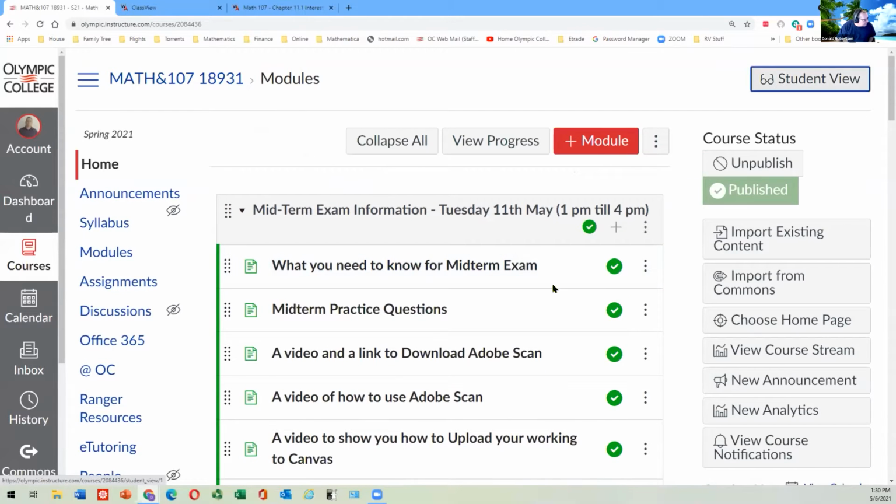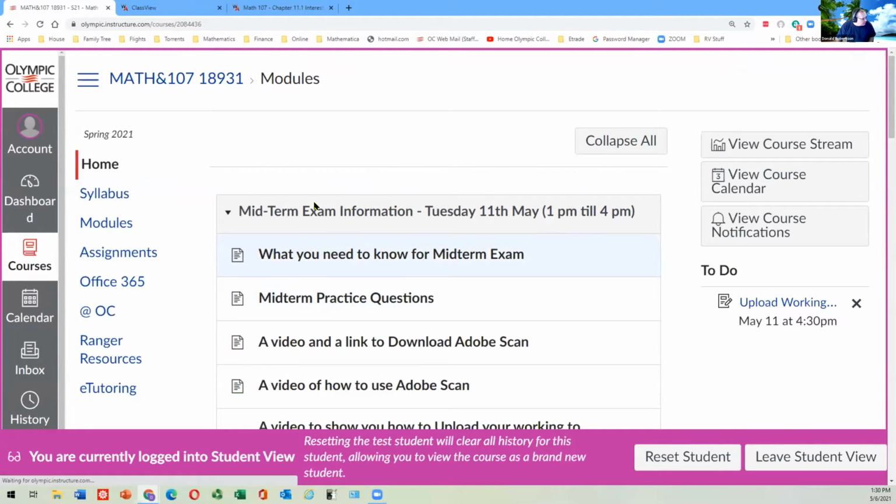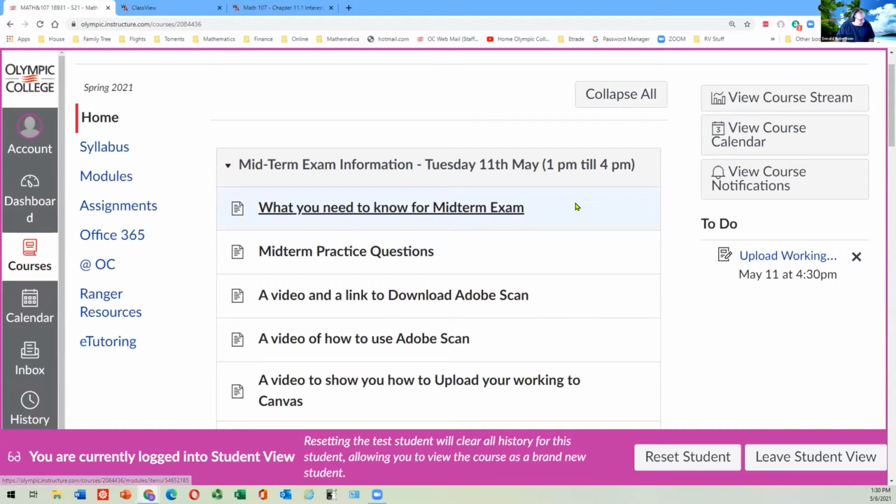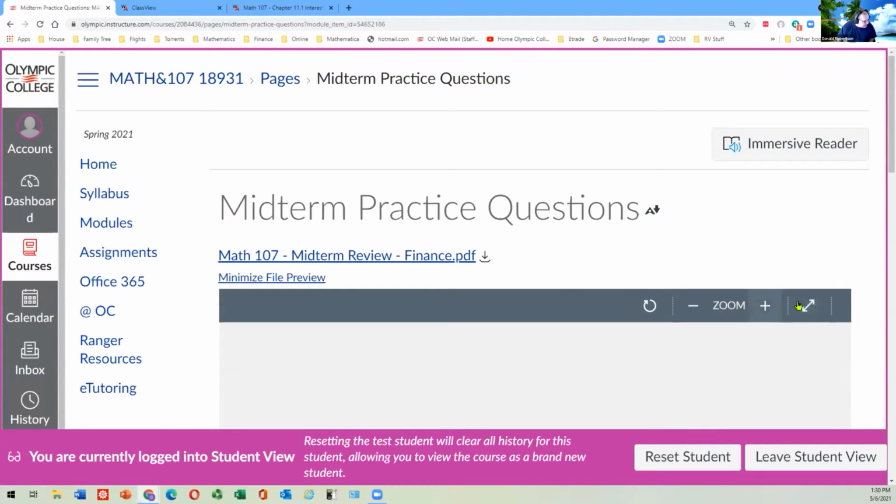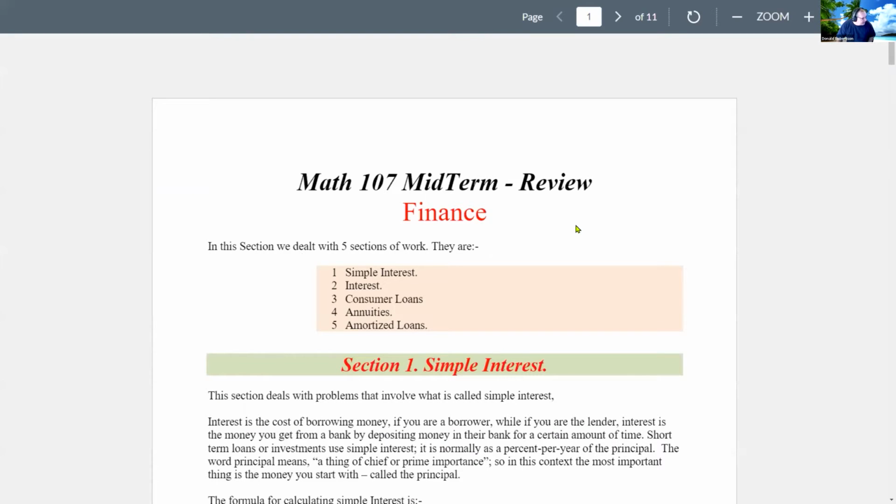And I'll try student view again, so it's more like what you would see. And we've just looked at this one here. Now, if you click on this villa, it's kind of self-evident what this is. I put it on. I'll click on it. And I have done some notes with